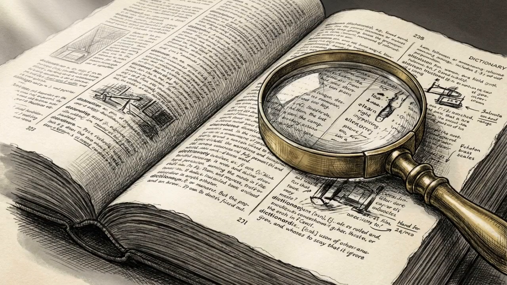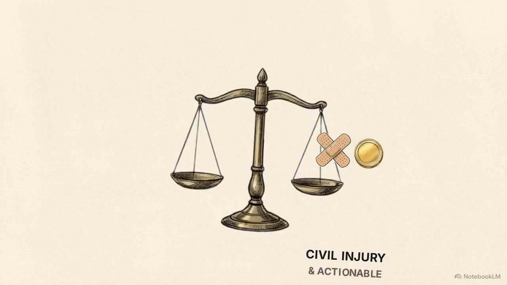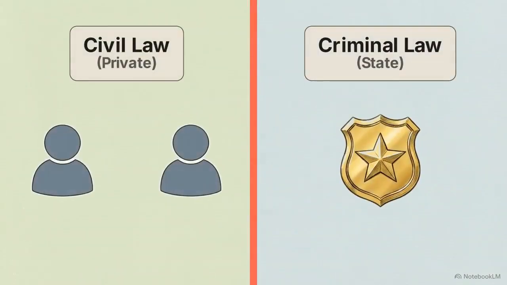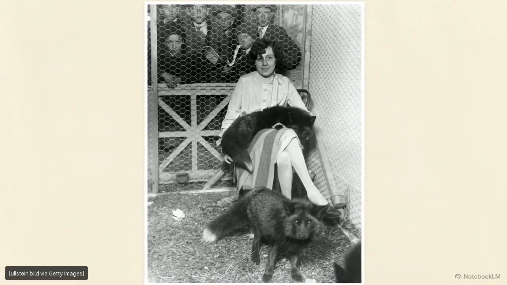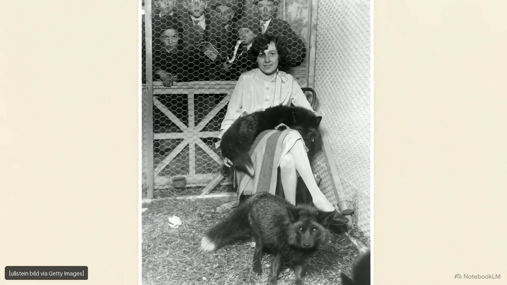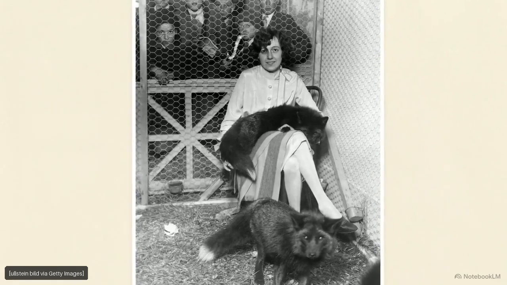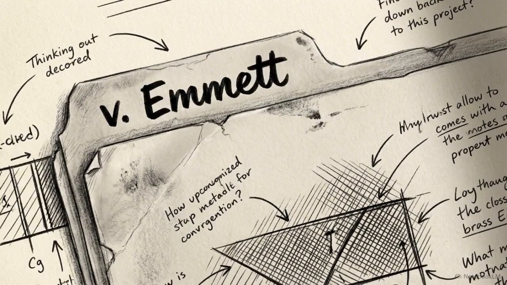First, we need to understand the concept of a tort. A tort is a civil injury that is actionable by a private individual. It is completely separate from criminal law, dealing strictly with one citizen harming another. Look at this historical photograph of a woman and her black foxes. This is the Hollywood Silver Fox Farm, the center of our case study, the 1936 lawsuit between the farm and